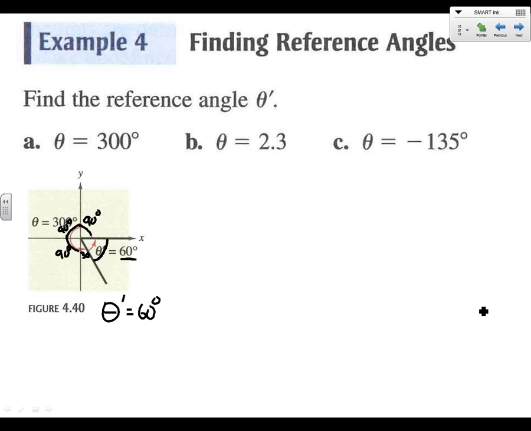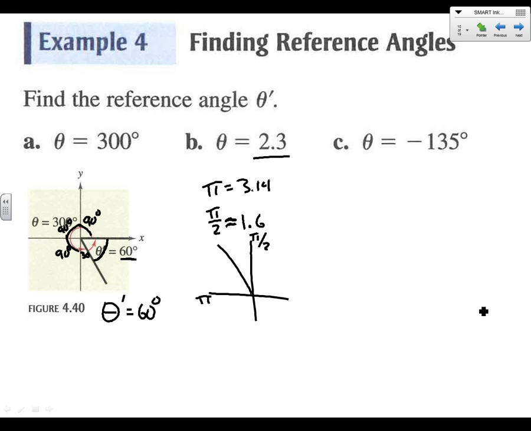All right? Now 2.3 is a little trickier. 2.3 is an angle in radians. We're not exactly sure where that is, but remember that pi is about 3.14. So pi over 2 is going to be half of that. Call it 1.6-ish. Okay, 1.5-ish. So 2.3 is in between those 2 points. And if pi is over here and pi over 2 is up at 90, then 2.3 must be somewhere in